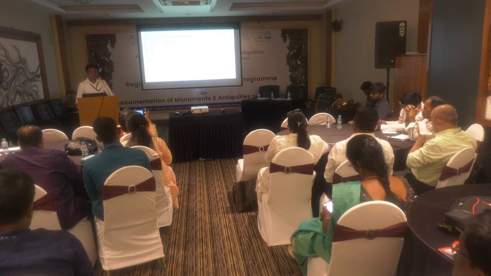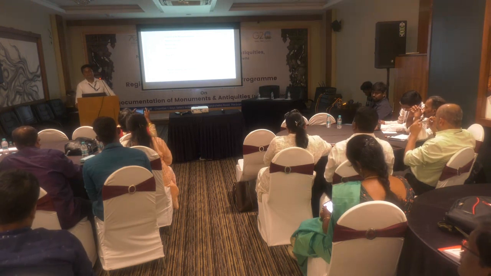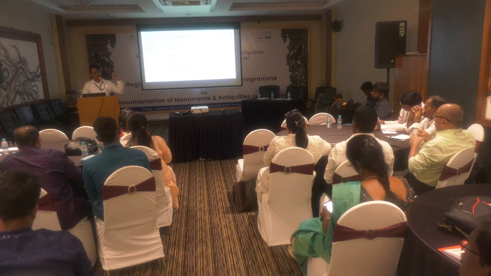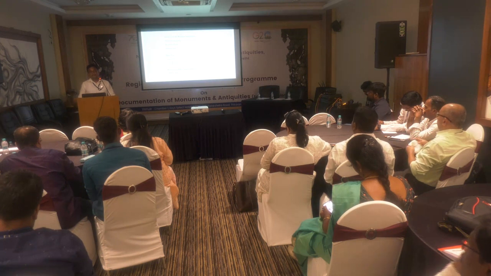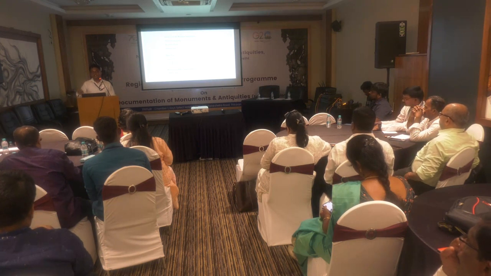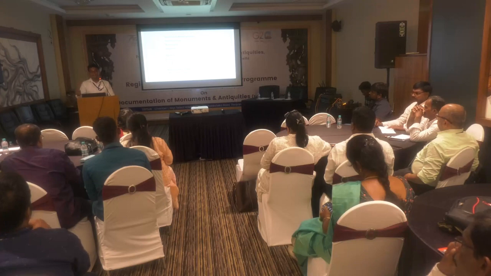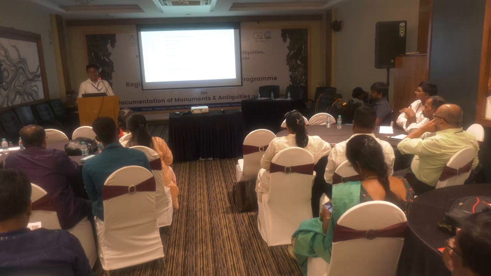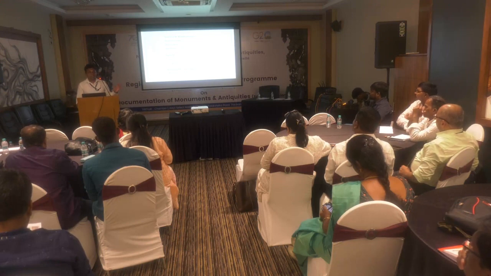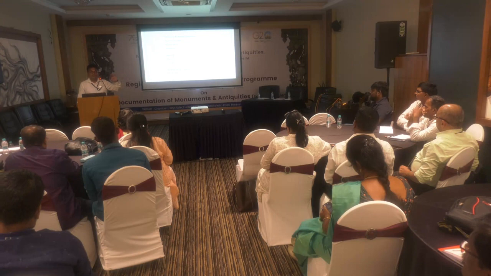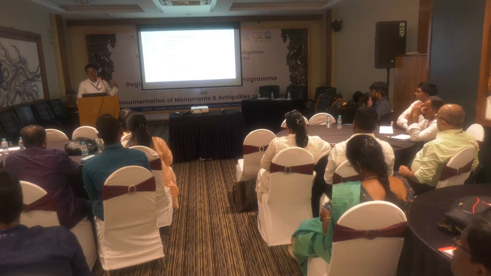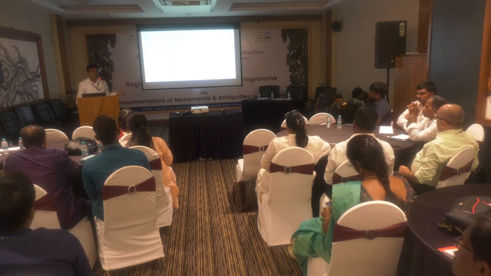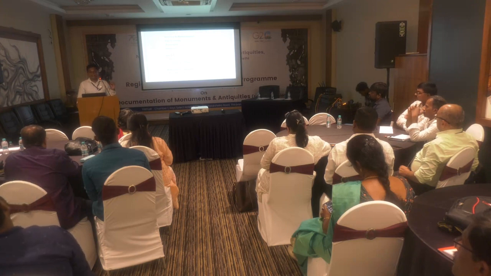Then the next parameter is location in the museum. In the provenance column we write the excavated site name, but in location at the museum, we write the place where the antiquity is presently stored, that is, which institution or which museum. If the antiquity is kept in a display or reserve collection or any sculptural set, that should be written in the location at the museum or institution.